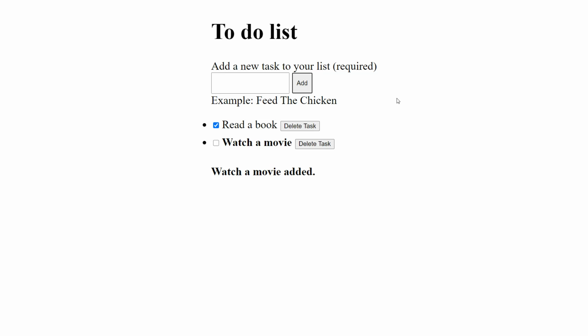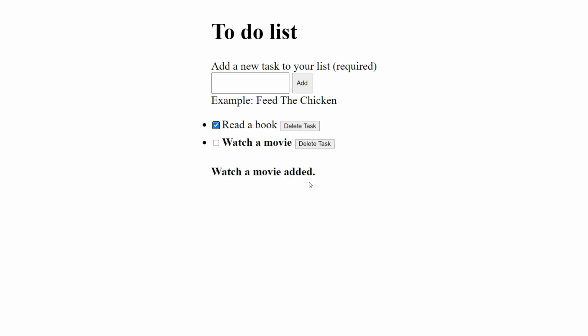And if you see here below the task list, it says the name of the task, and it says the word added. This is a status bar that shows us that the task has been added successfully to our list. But more importantly, this text right here gets voiced by the screen readers, and I have optimized it especially for them via the markup, and I'm going to show you how I did that.